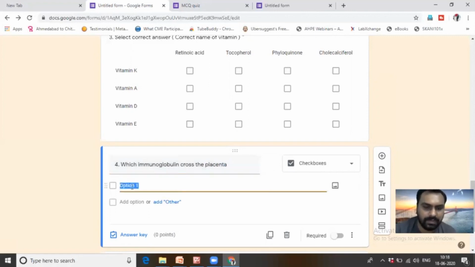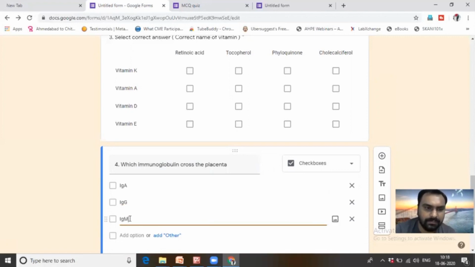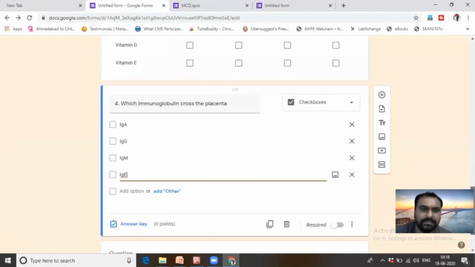Options like IgA, IgG, IgM, or IgE. You can see at every option there is the option for image addition, right?